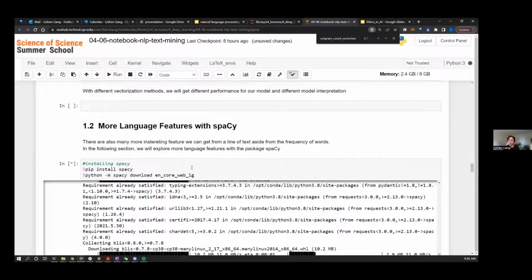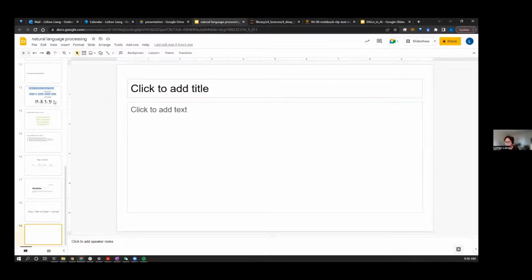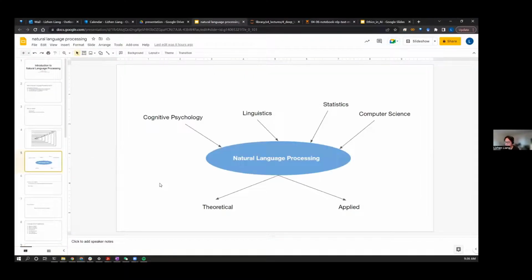So in the lecture, I mentioned that there are a lot of applications and a lot of scientists from different fields trying to tackle problems posed by linguistics. There are a group of researchers, computational scientists, who are more interested in applying those methods to solve problems.